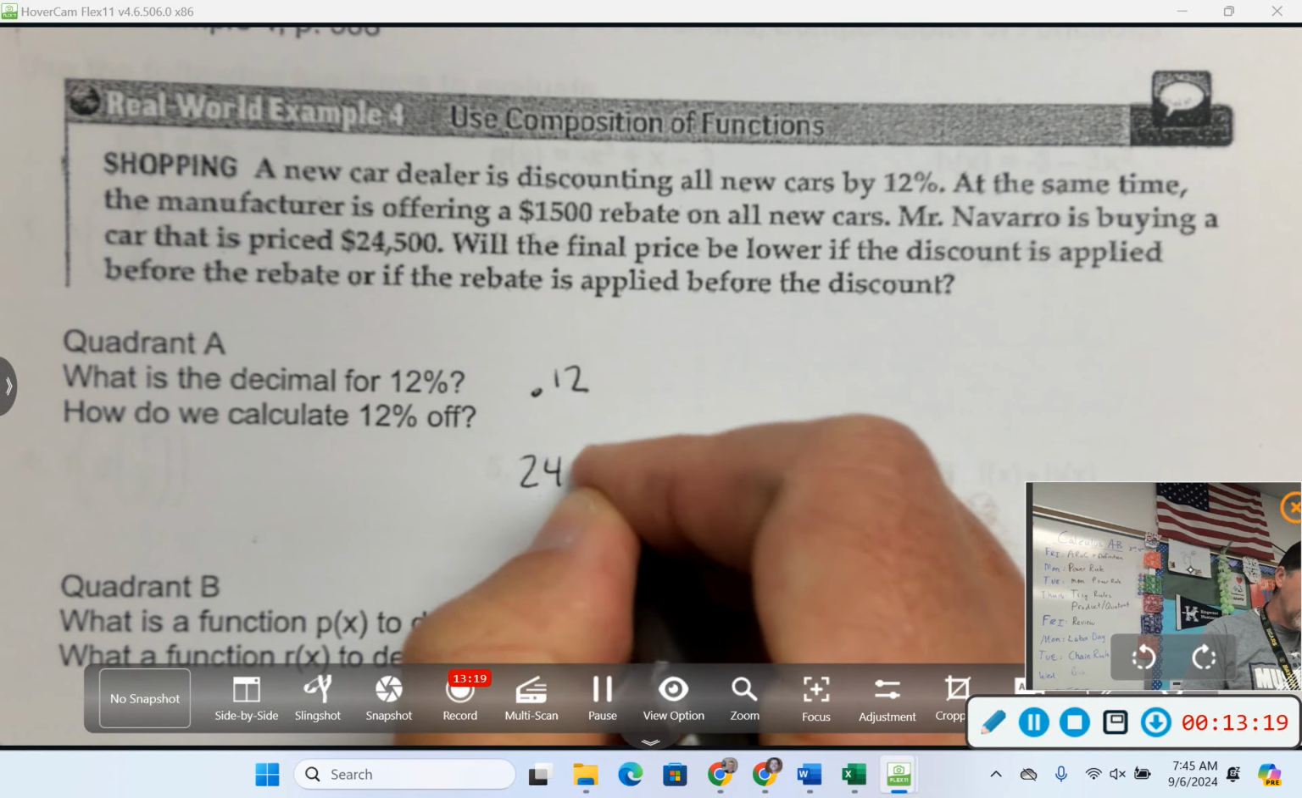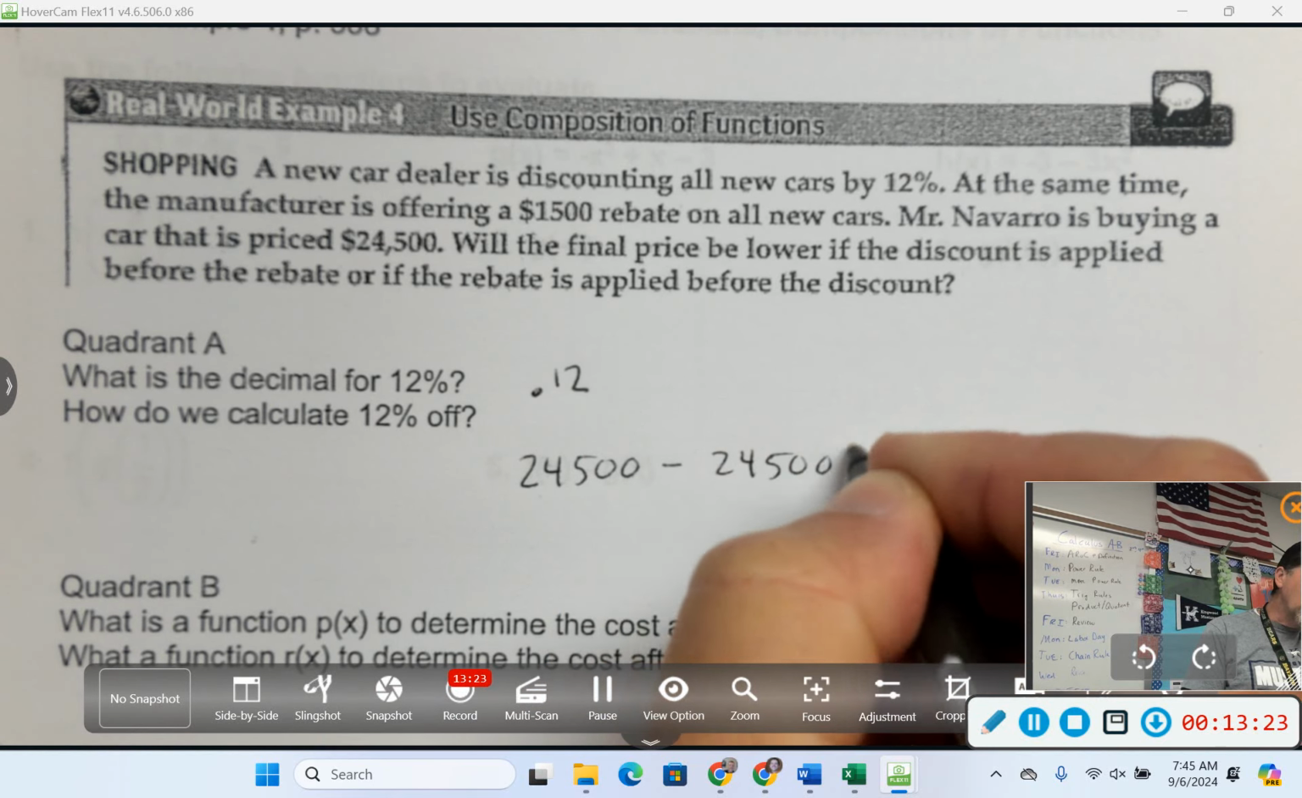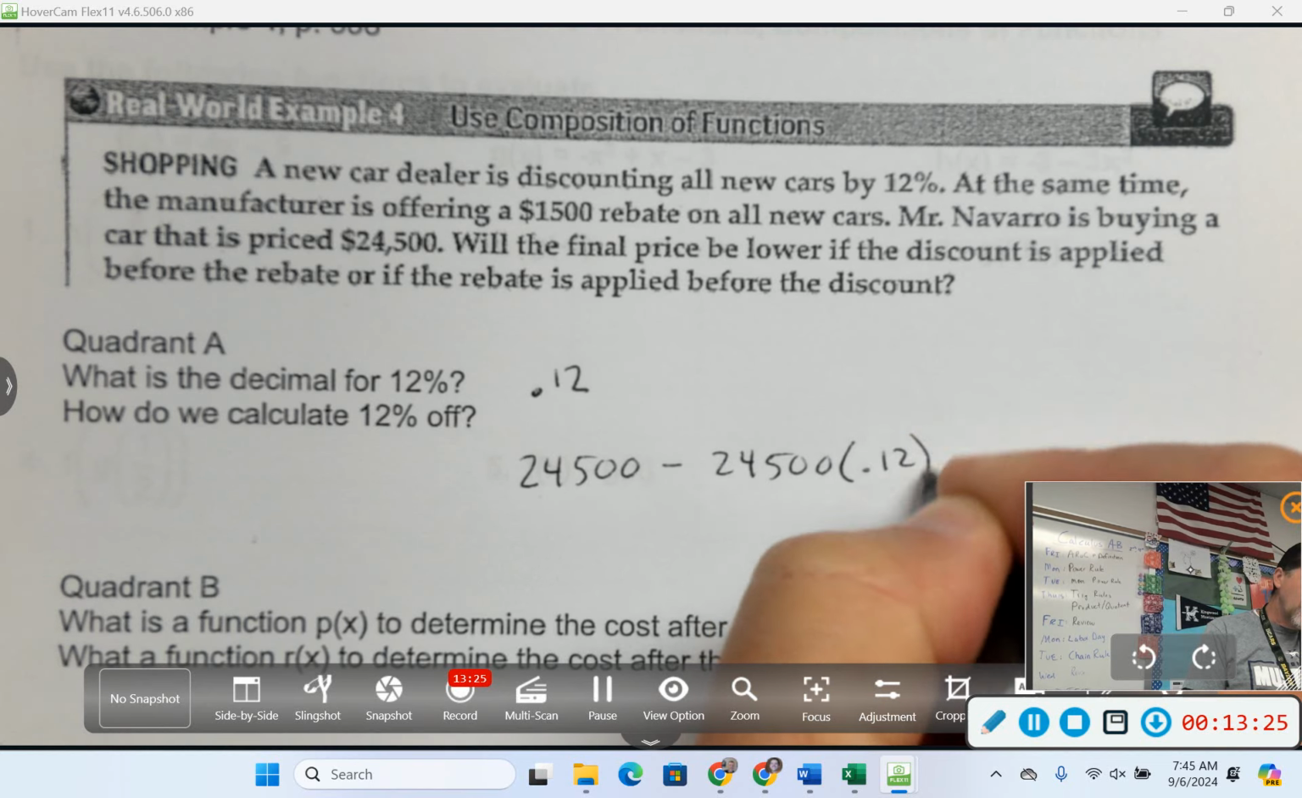So, there's a different way. You could multiply it by like